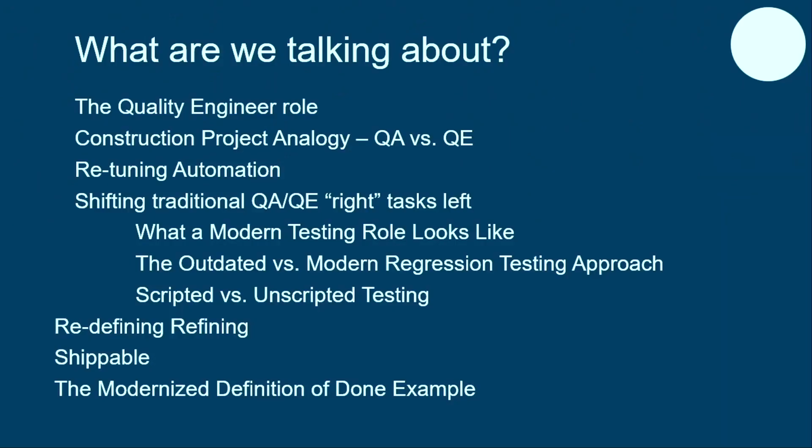And then tying that all together with the component of shippable, right? We have lots of columns that indicate something is done. We have dev complete, we have QA complete, and a lot of times what we wind up missing is what actually needs to happen in order for this to move and to be deployed and to be delightfully consumed by our users. And a lot of times we miss a lot of that, and things that DevOps introduces,